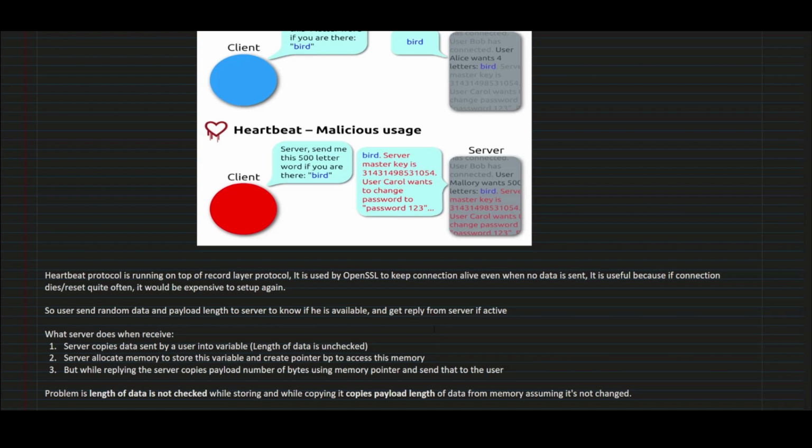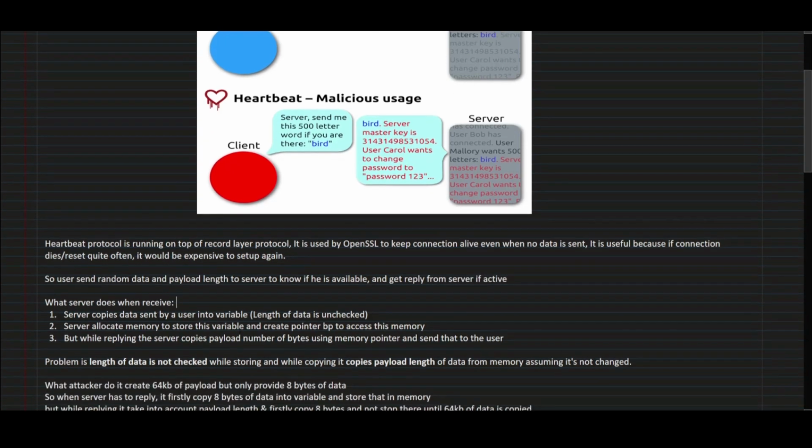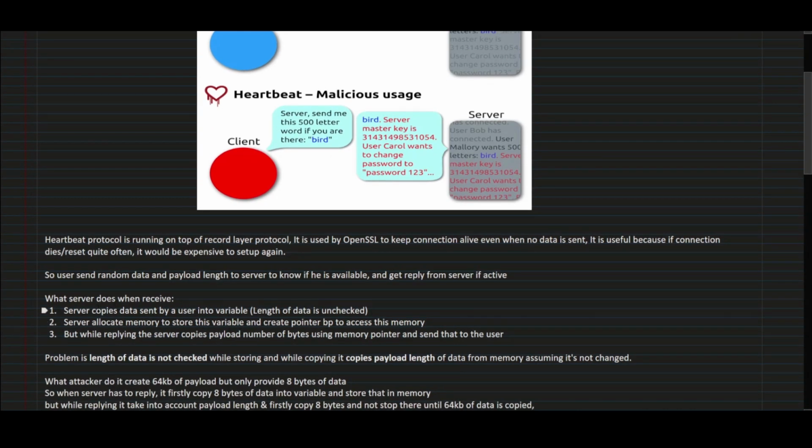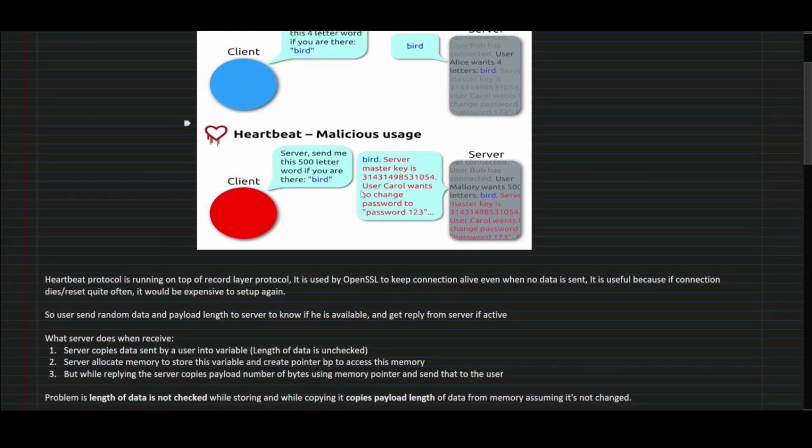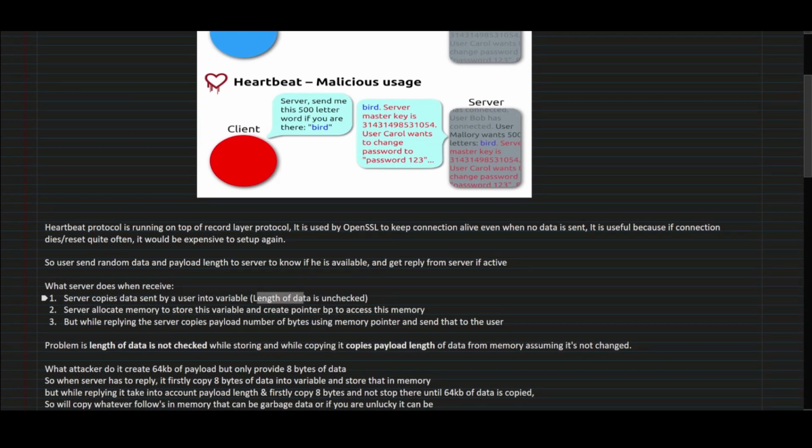But what reply should the server send to the client so that the client can know it is available? For replying, the server copies the data sent by the user into a variable, that is, the random data that the client has sent. In the example, bird is the random data which is copied by the server into a variable. But note here that the length of the data is not checked. While storing the data into the variable, the server does not check the length of the data it has received,